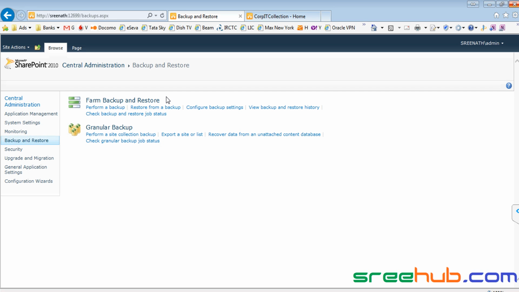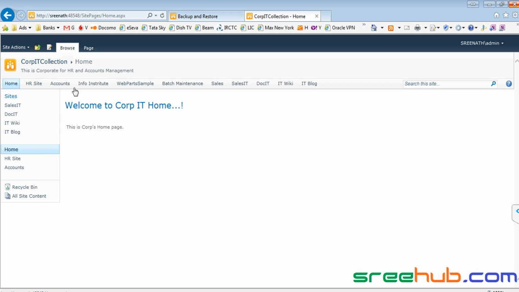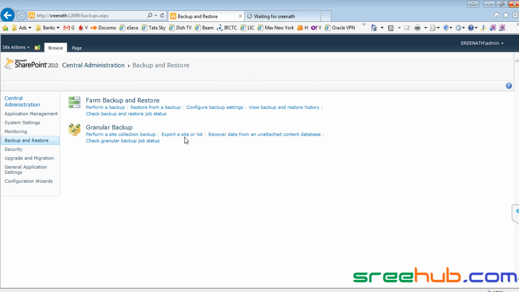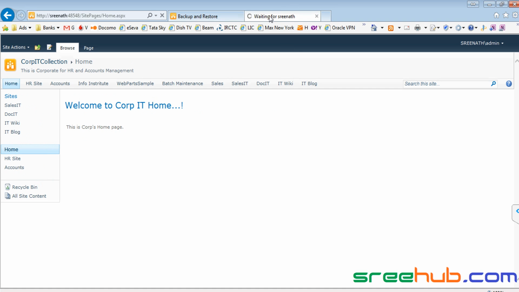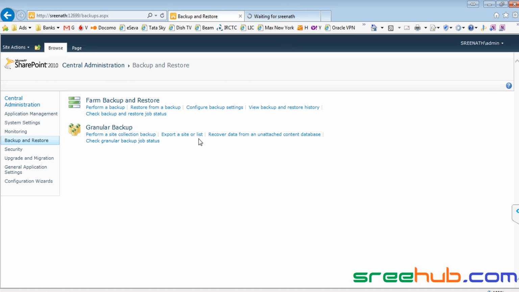your site collection items, right? And taking backup, rolling back again, and checking completely what were the different versions you have taken a backup of. And granular backup is nothing but page level, like you can perform a site collection backup, one collection in your complete website, and one list. You can export a list. Either you can do it from here, or, if you remember, we have already seen that part, you can actually export your list to some Excel, right? But here you will be taking export in something called a backup file. We'll be checking that out, right? And you can recover your